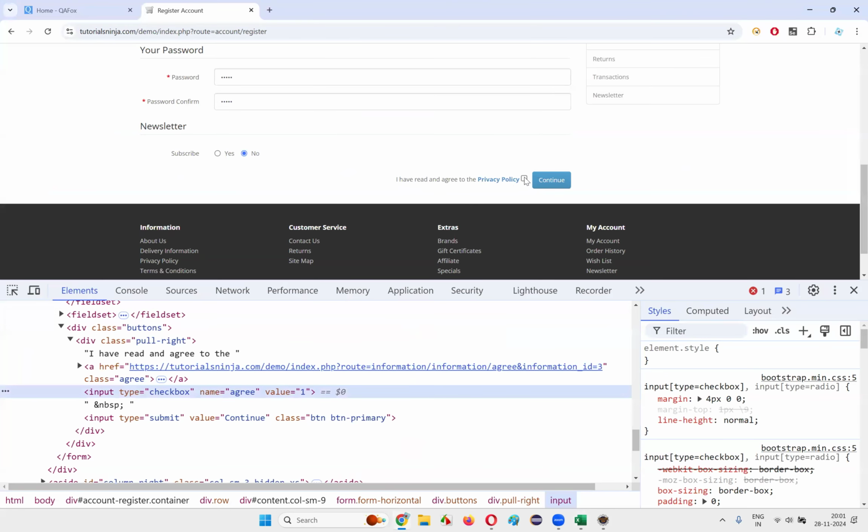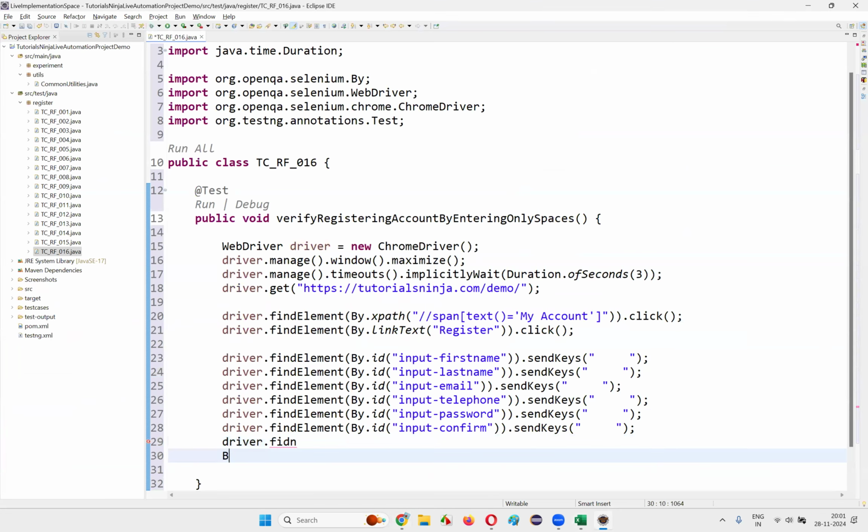Okay, to select the privacy policy field, I'll inspect this checkbox field. This will show us the HTML code, and if there is a name locator, copy this name locator and simply write down driver.find element by dot name locator, and provide the name locator here and simply say dot click. This will select the